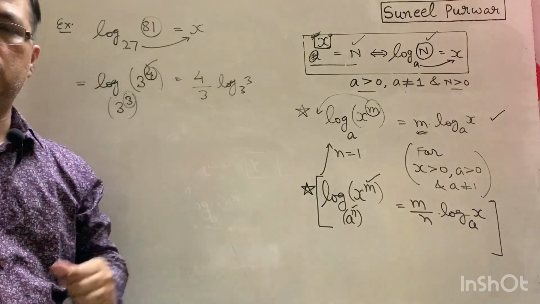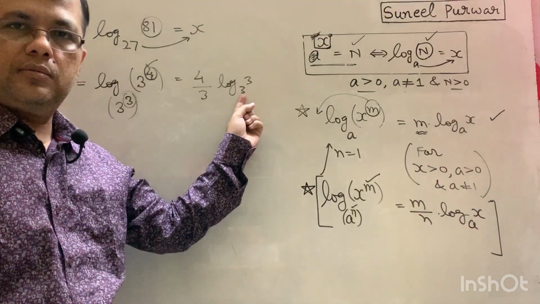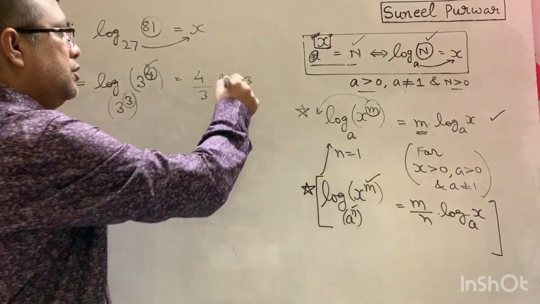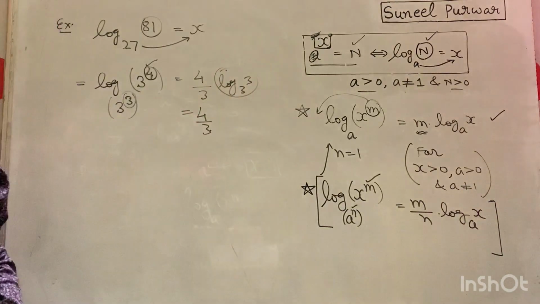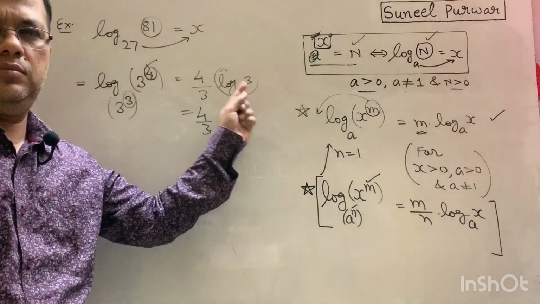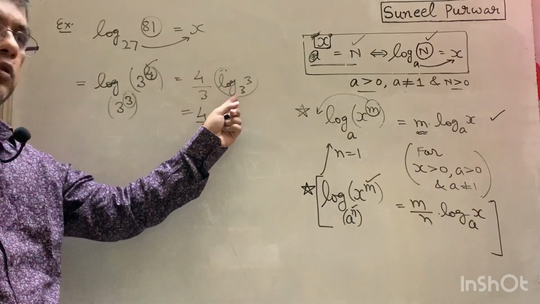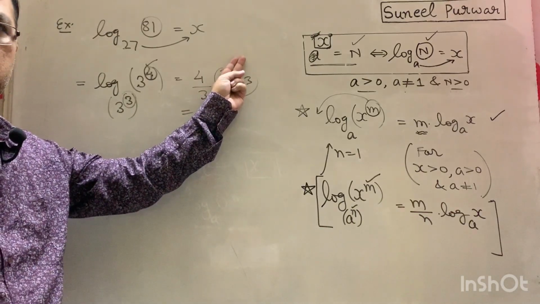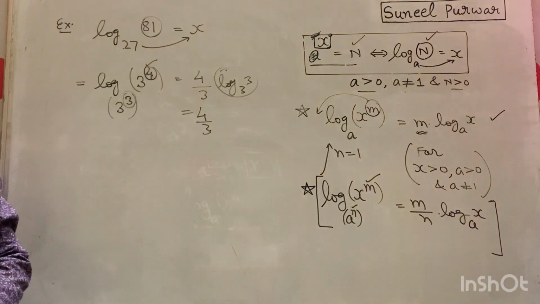But as I have told you, log of a positive number at the same base is what? 1. Okay. So this value is 1. So your answer is 4 by 3. In fact, there was no need to write this, because you can see log of 3 to the base 3 is going to come, and that value is what? 1. So you could directly say the answer is 4 by 3. Similarly,